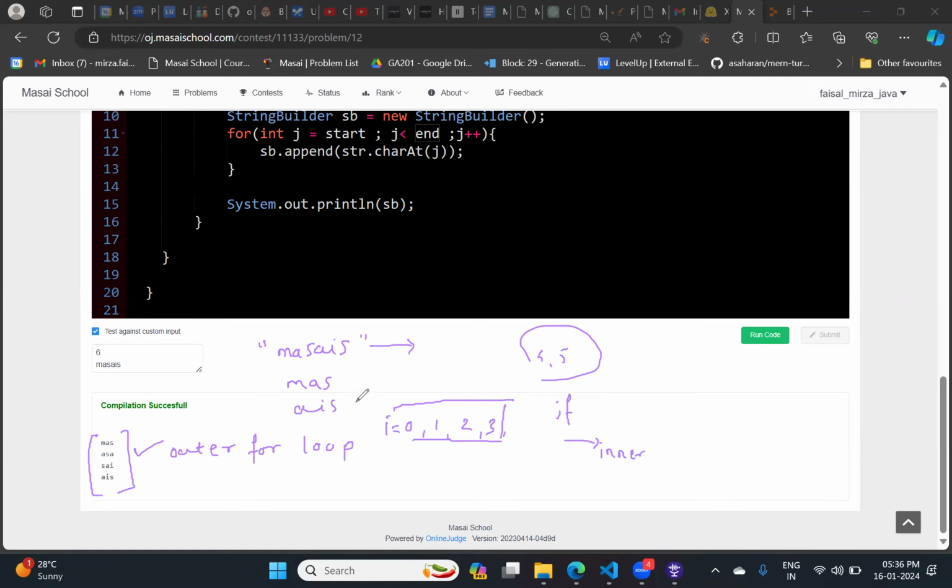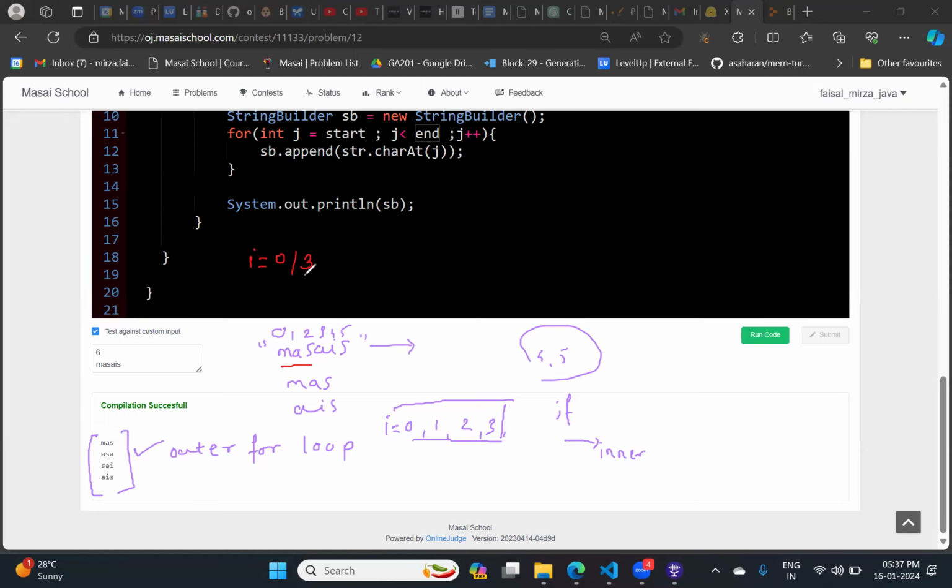Now, how to control the outer for loop? Now see how I want to control 0, 1, 2, 3, 4, 5. I want to control the outer for loop in such a way that for i equals 0, we are able to get the first 3. Now, for the next iteration, the i value should not shift to 1. It should not go to 1. Instead of that, it has to be shifted to what? Can I say that 3?